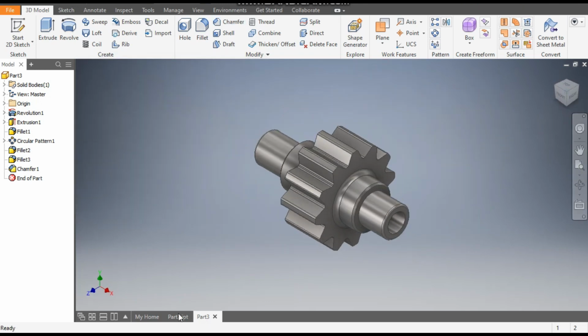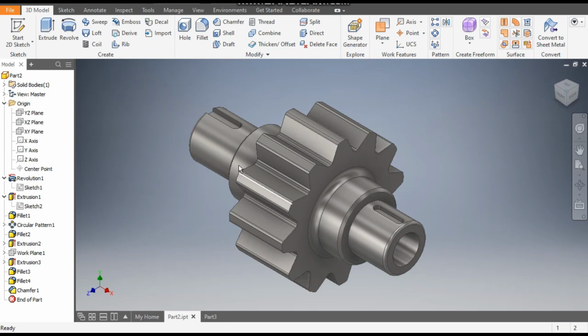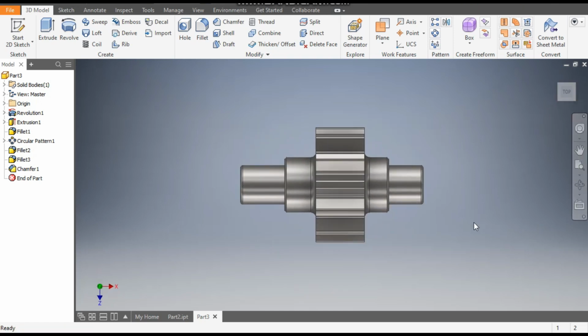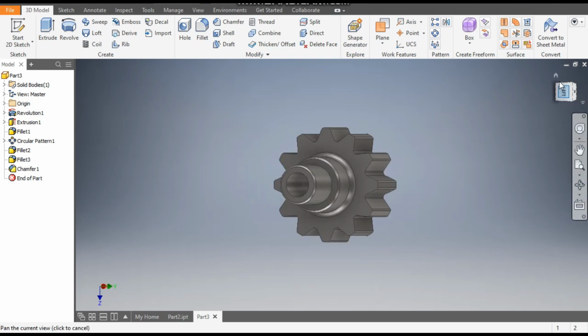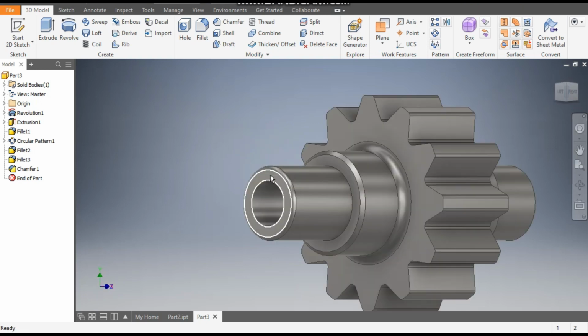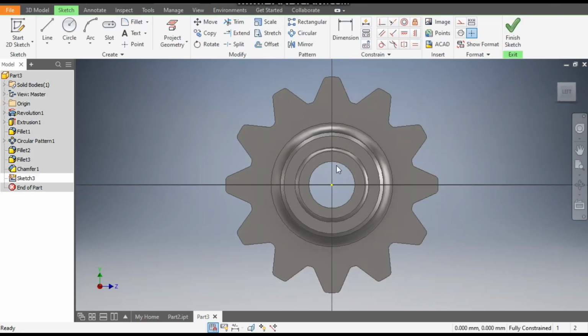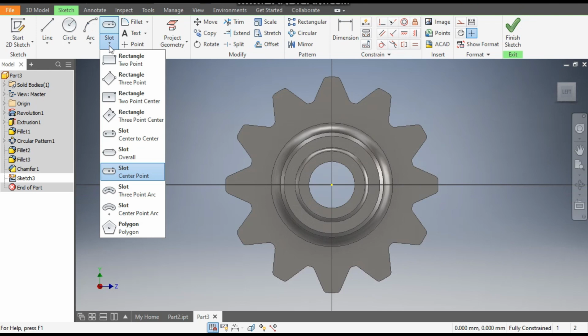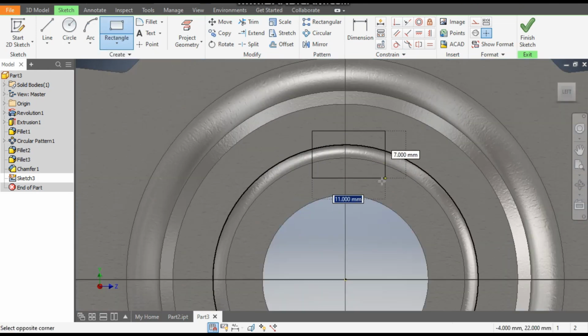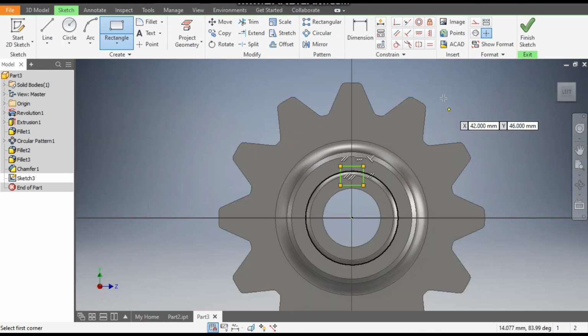Now we will make the key profiles, so these slots we will make. So go to top view and here rotate it, go to home, rotate it and select this face and go to create sketch. Now from here select the 2-point rectangle, make a rectangle over here, go to dimensions,